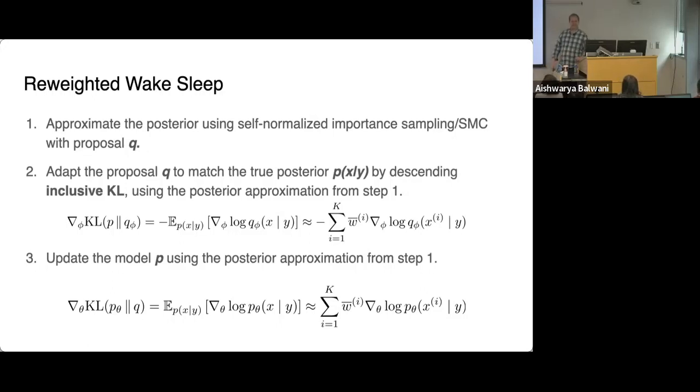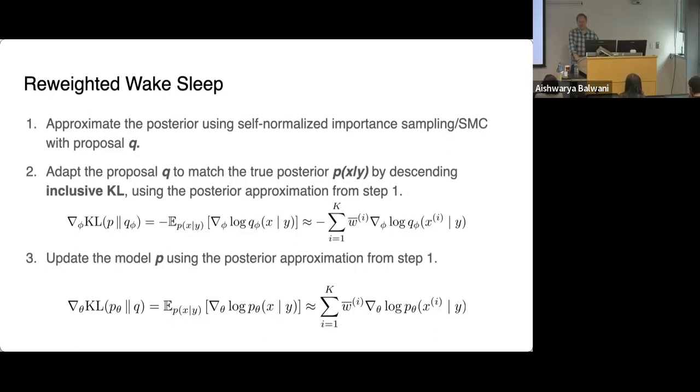So you're fitting the proposal distribution, or I guess you're doing gradient descent to try to make it as close as possible to the posterior. But I was just wondering, is it sensitive to your initialization of the proposal distribution? Do you have to get close enough to the posterior to make this learning process possible? Yeah, so the question is, how sensitive is this learning of the proposal to the initialization?